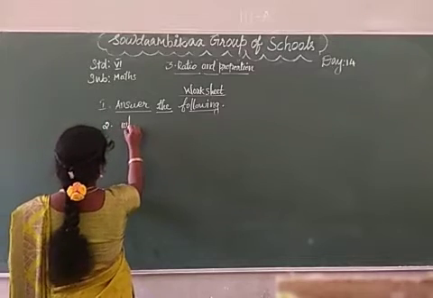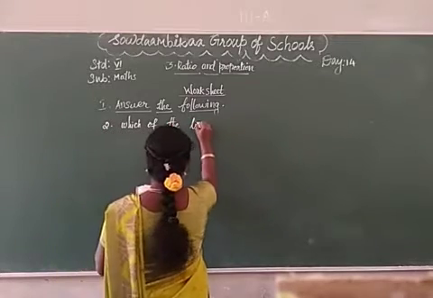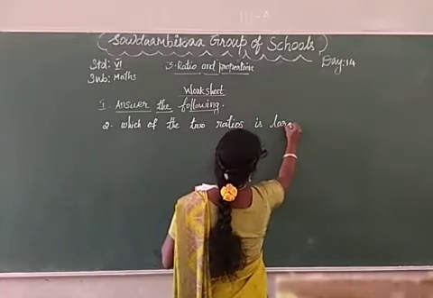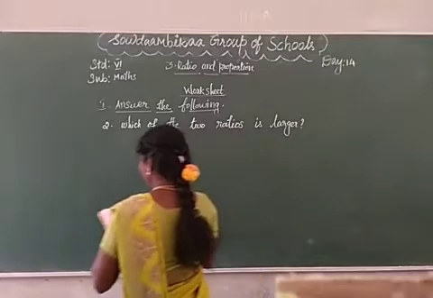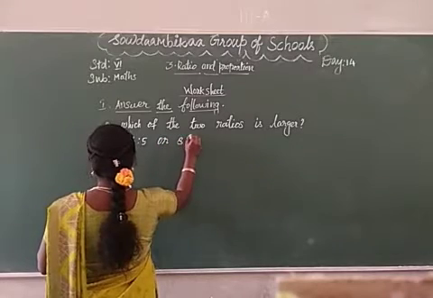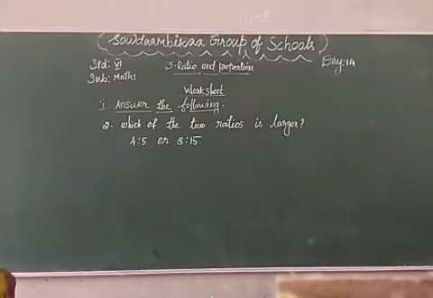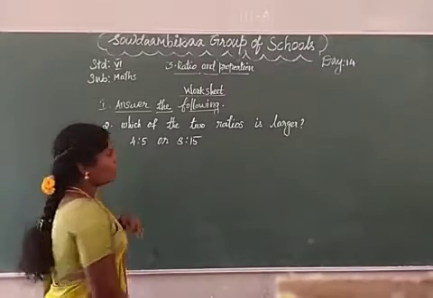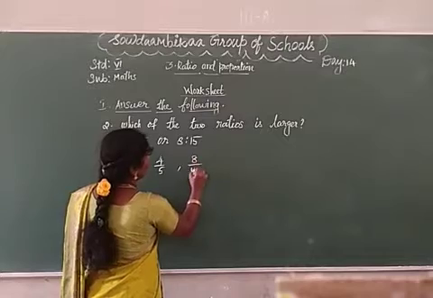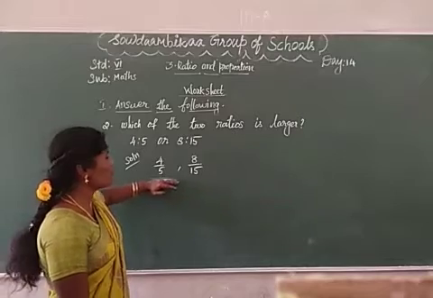Second sum, which of the two ratios is larger? 4 is to 5 or 8:15. 4:5 or 8:15. First write 4 divided by 5, 8 divided by 15. See, one denominator is 5, another denominator is 15. Okay, so not equal. Now